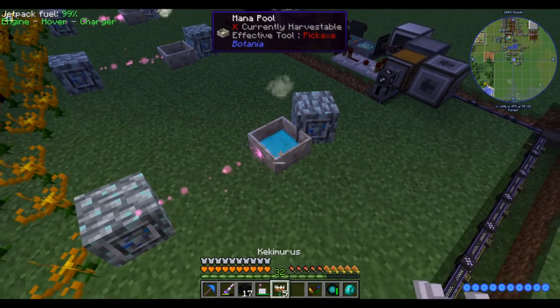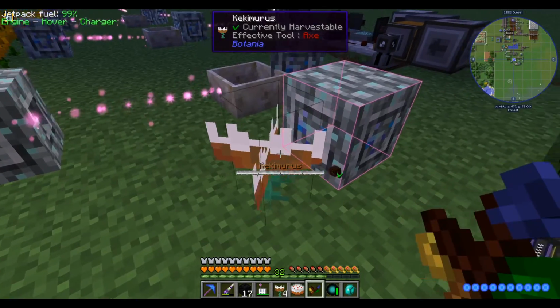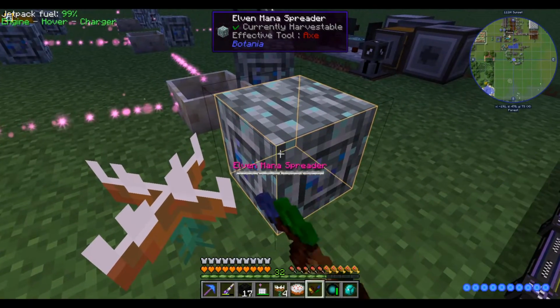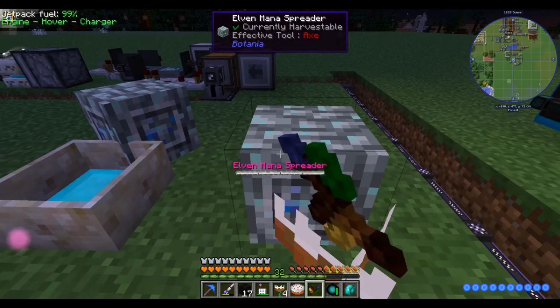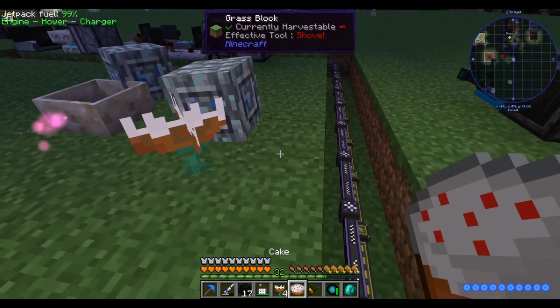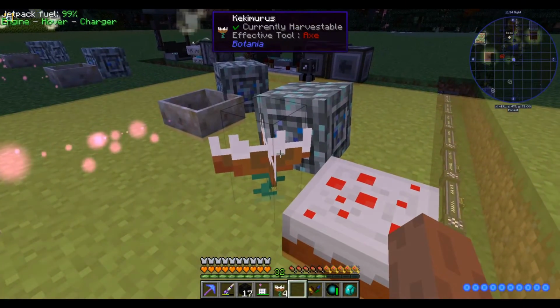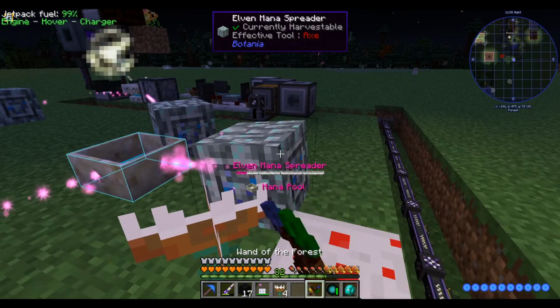I expect one of these Endoflames will outdo all 15. So let's set it up here just as a test. Alright, so I have it bound to this mana spreader. It is the only flower bound to this mana spreader. Bind you to this mana pool as well. Bind. There we go. And then all I have to do is place a cake near here, and it should start eating it. And we can see...